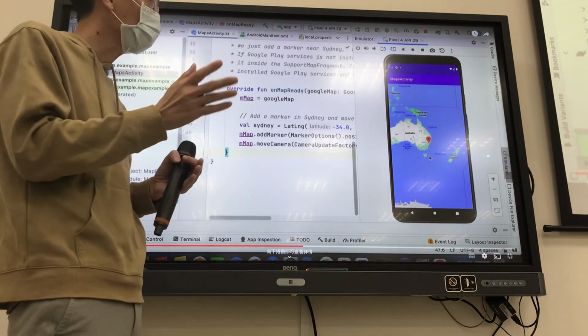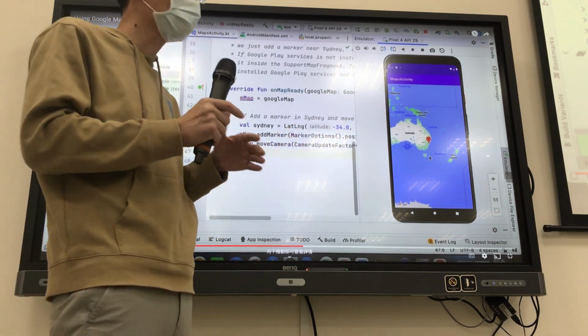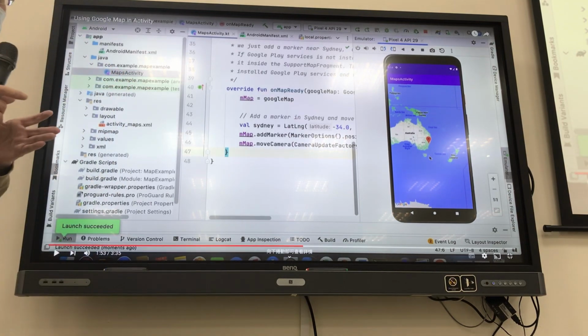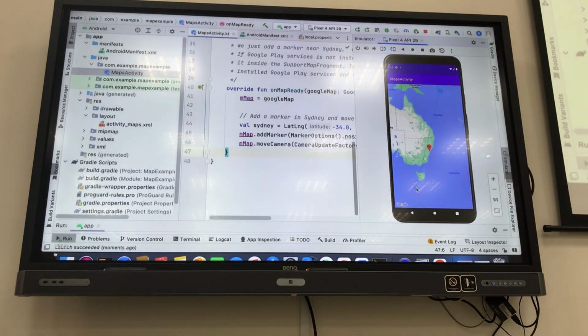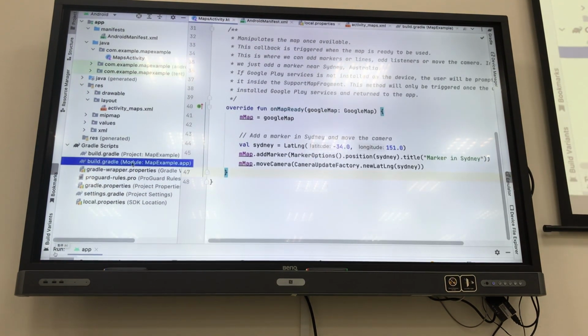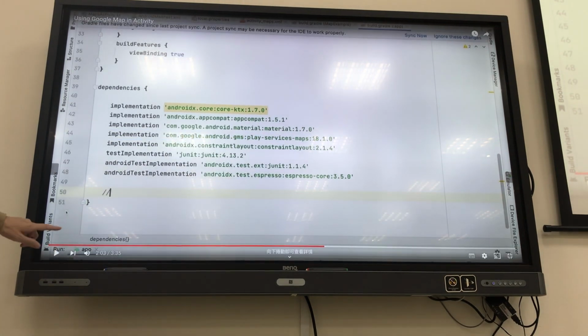Okay, so for this case, we need to apply the navigation and display the Google Map on one fragment, not on activity. 有时候我们的地图呢，不是秀在主要的 activity，是要显示在 fragment 上面。所以我们来看一下程式码要怎么改。